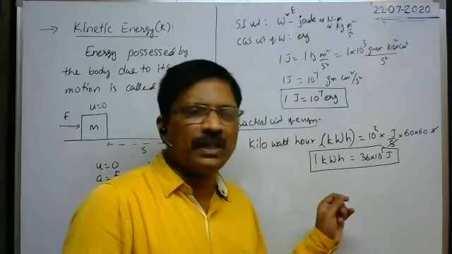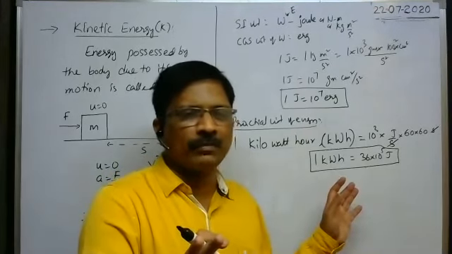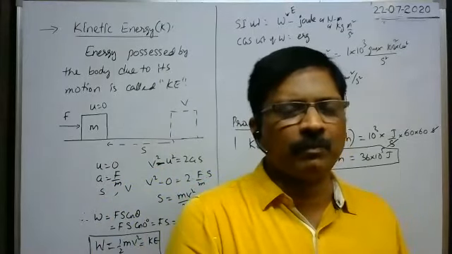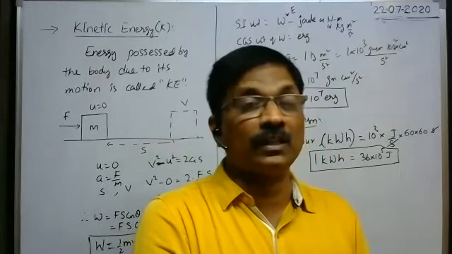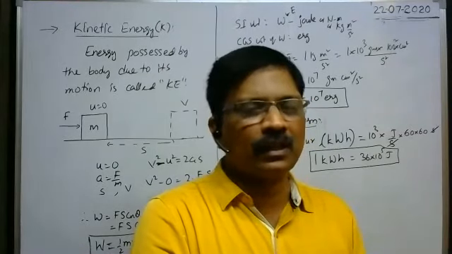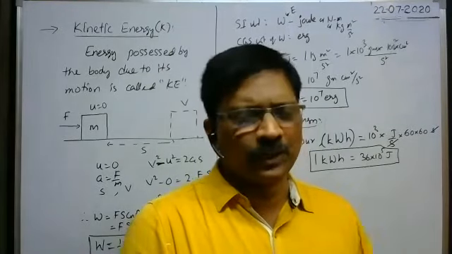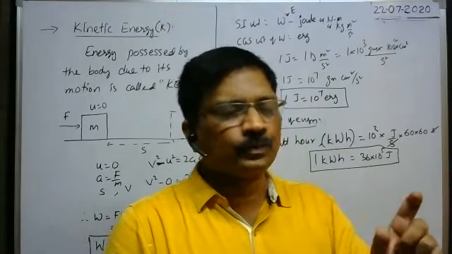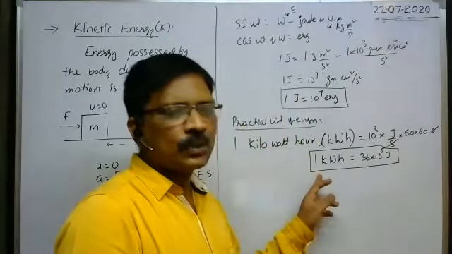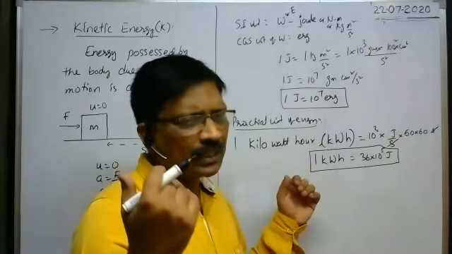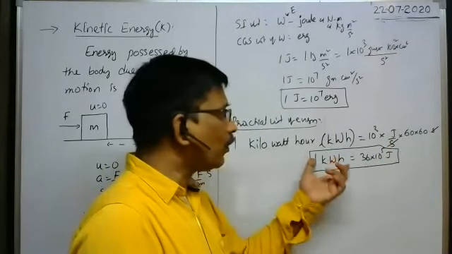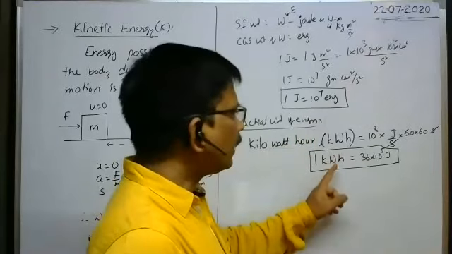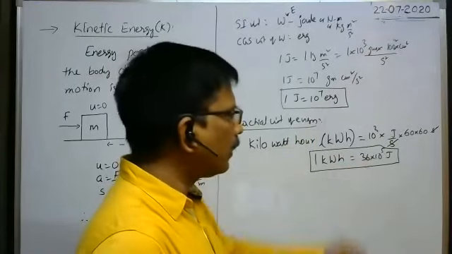Suppose your bill is for 400 units, generally in our language we say 400 units burned. This month's power bill came to 400 units, during summer 1000 units. Burning means consumption, that much was used. Okay, 1 unit is equal to 1 kilowatt hour. So whatever the number of units consumed, that much kilowatt hour electrical energy is consumed in that month. Okay, 1 kilowatt hour is equal to 36 into 10 to the power of 5 joule.